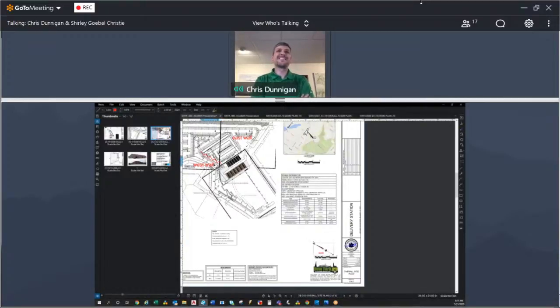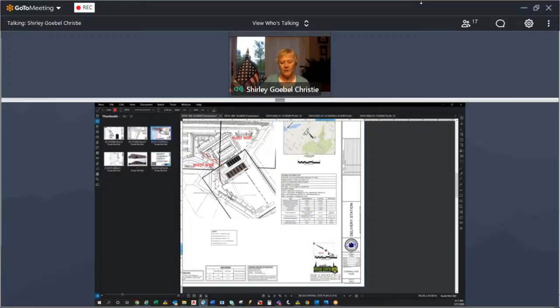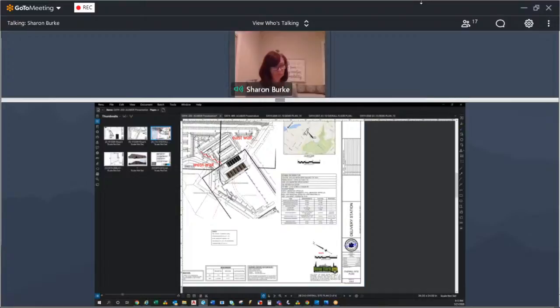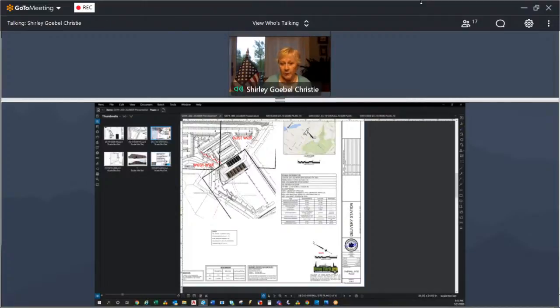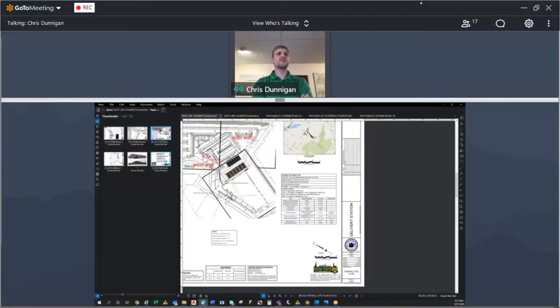I would, Chris. I would like to make a motion to approve the application with the condition that the northwest wall, highlighted in red on the plan, be painted without the blue stripe. Thank you, Shirley. So that the wall is in nebulous white and the coping is in midnight dream. Thank you, Shirley. Do we have a second? I'll second. Sharon has seconded.